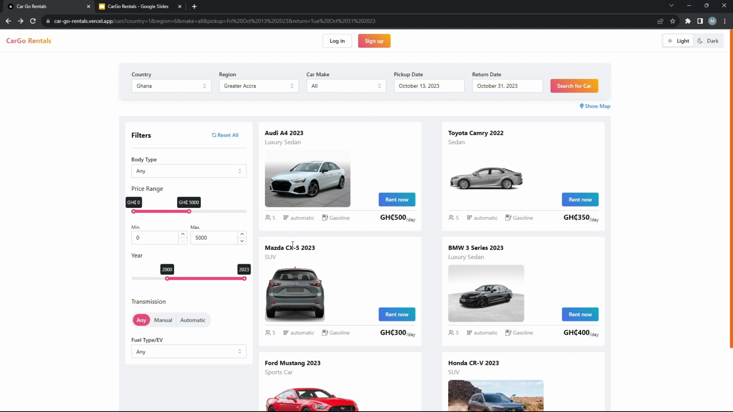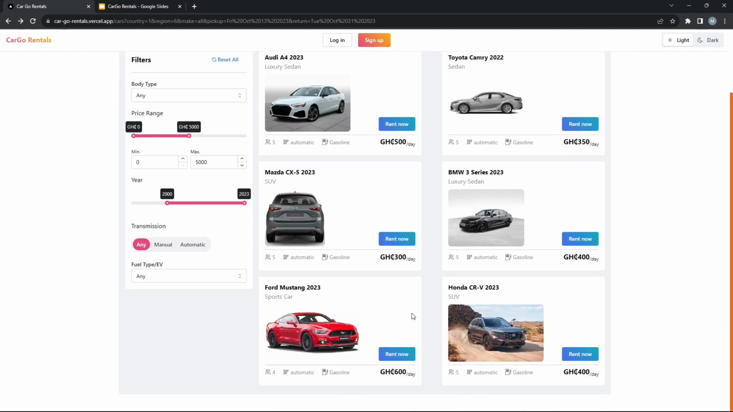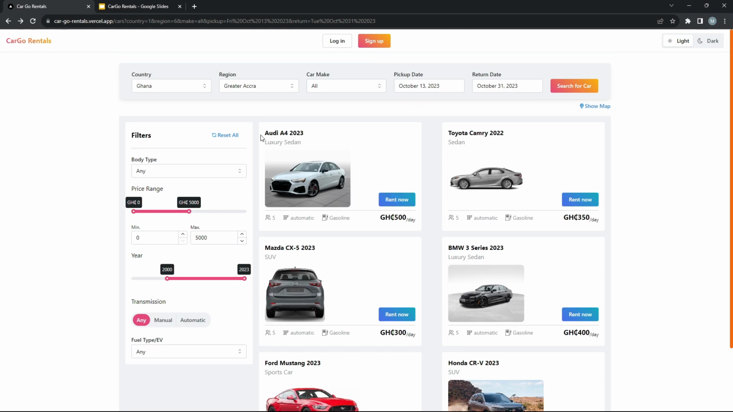And I can filter the cars as well. So these are some cars we have available on the platform at the moment. So all the A4 2023 year, Toyota Camry 2022, and other ones. Right. So as you can see here, we have a bit of overview about the car, like the number of passengers the car can take, that's the seating capacity, and also we have the transmission, we have the fuel type, and then the price of the car,